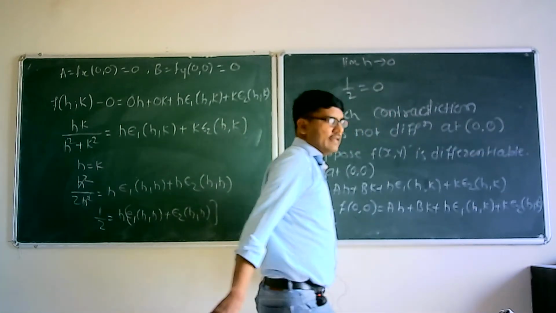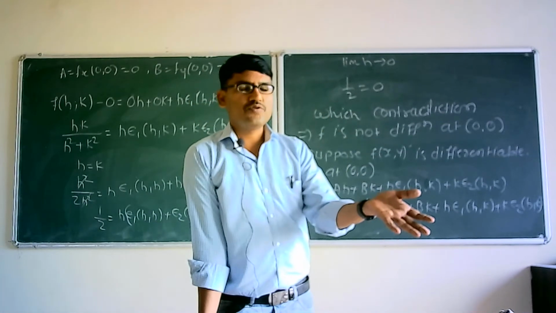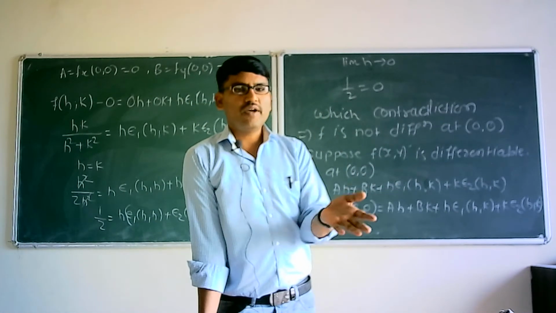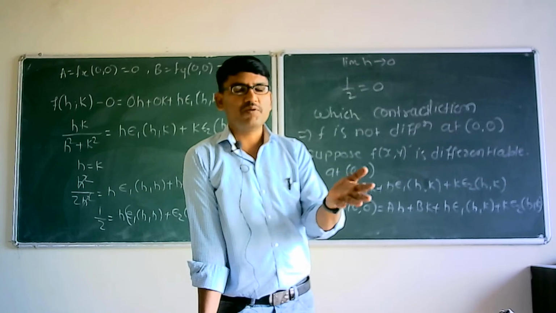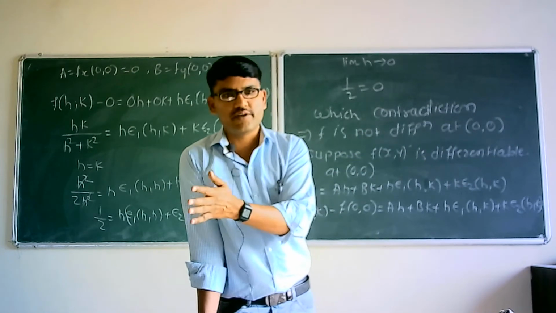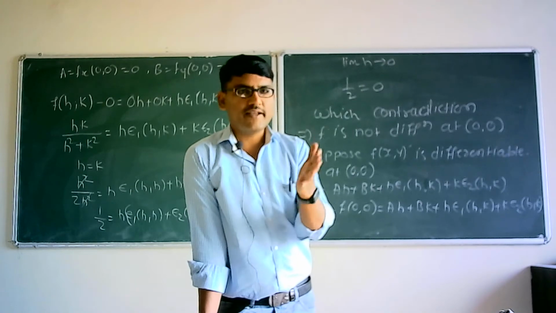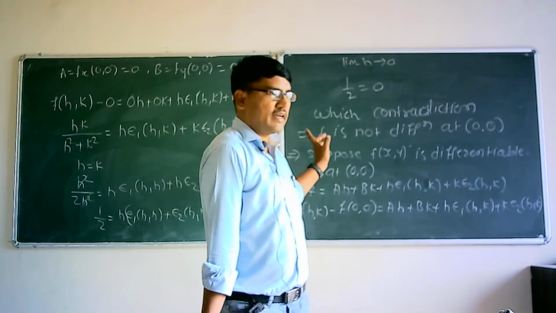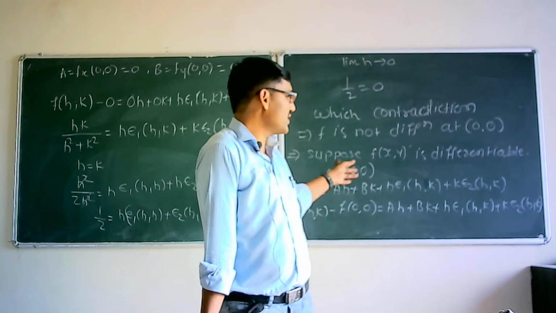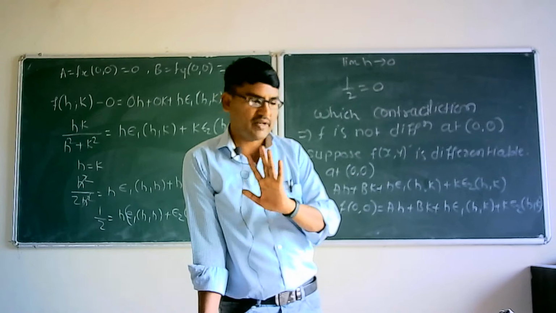So in the same example, by using a sufficient theorem, we have proved that the given function f is not differentiable at (x0, y0) because f is not continuous. And by applying the definition, that is the increment theorem, we cannot express it in this form, and that's why we can say that the given function f is not differentiable at (0, 0).